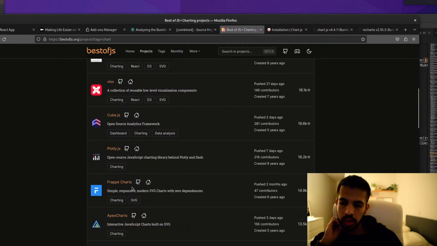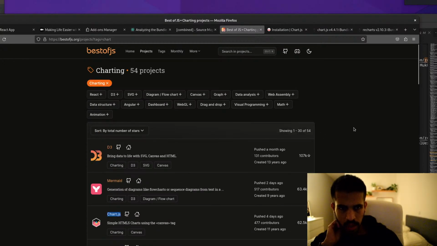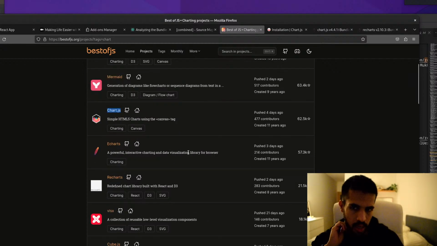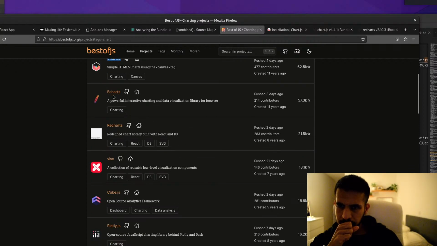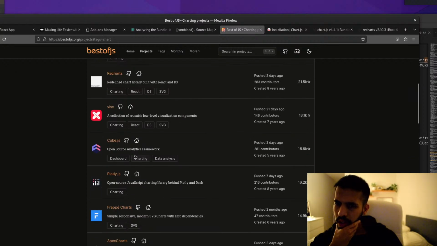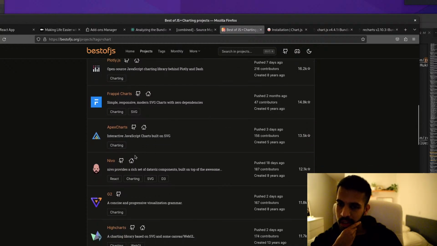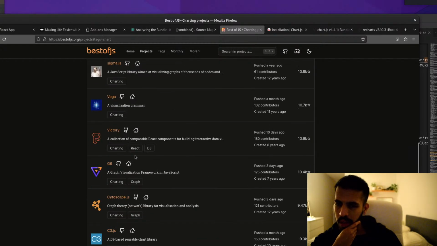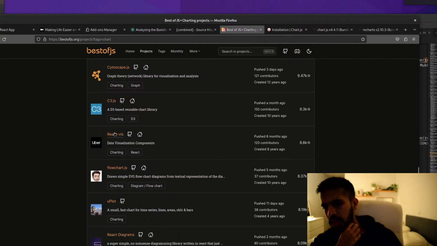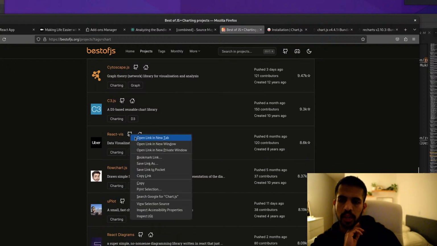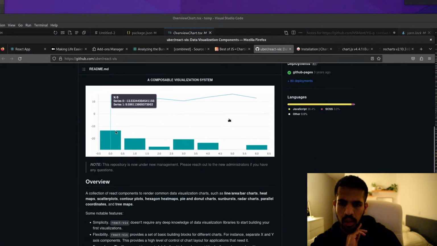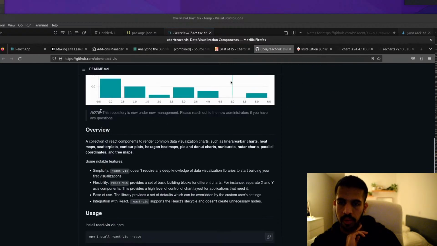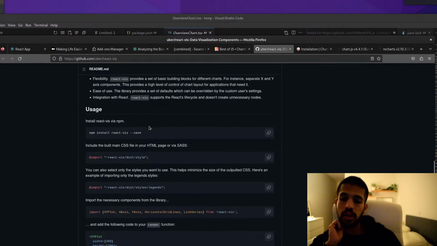E-charts, Recharts, Cube, Rapid charts, Apex charts. Is this sorted by stars? Yep. So this is from the most powerful to the least powerful. Mermaid, E-charts, Cubex, Plotty, Nivo, High charts, Vega, React Viz. React Viz was also popular back in the day. I'm not sure whether it's still a thing anymore. Oh yeah, it is. Okay, so the repository is under new management. It's actually by Uber.